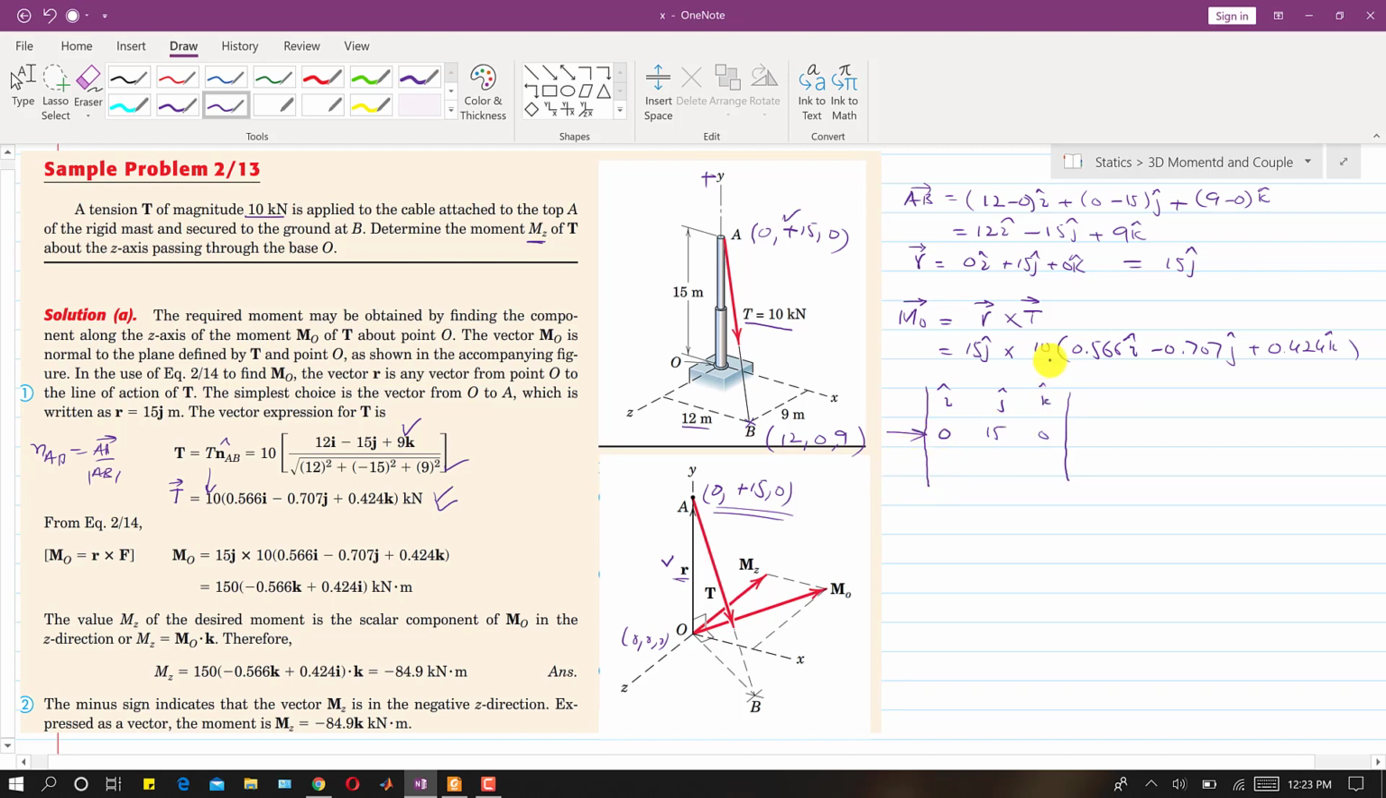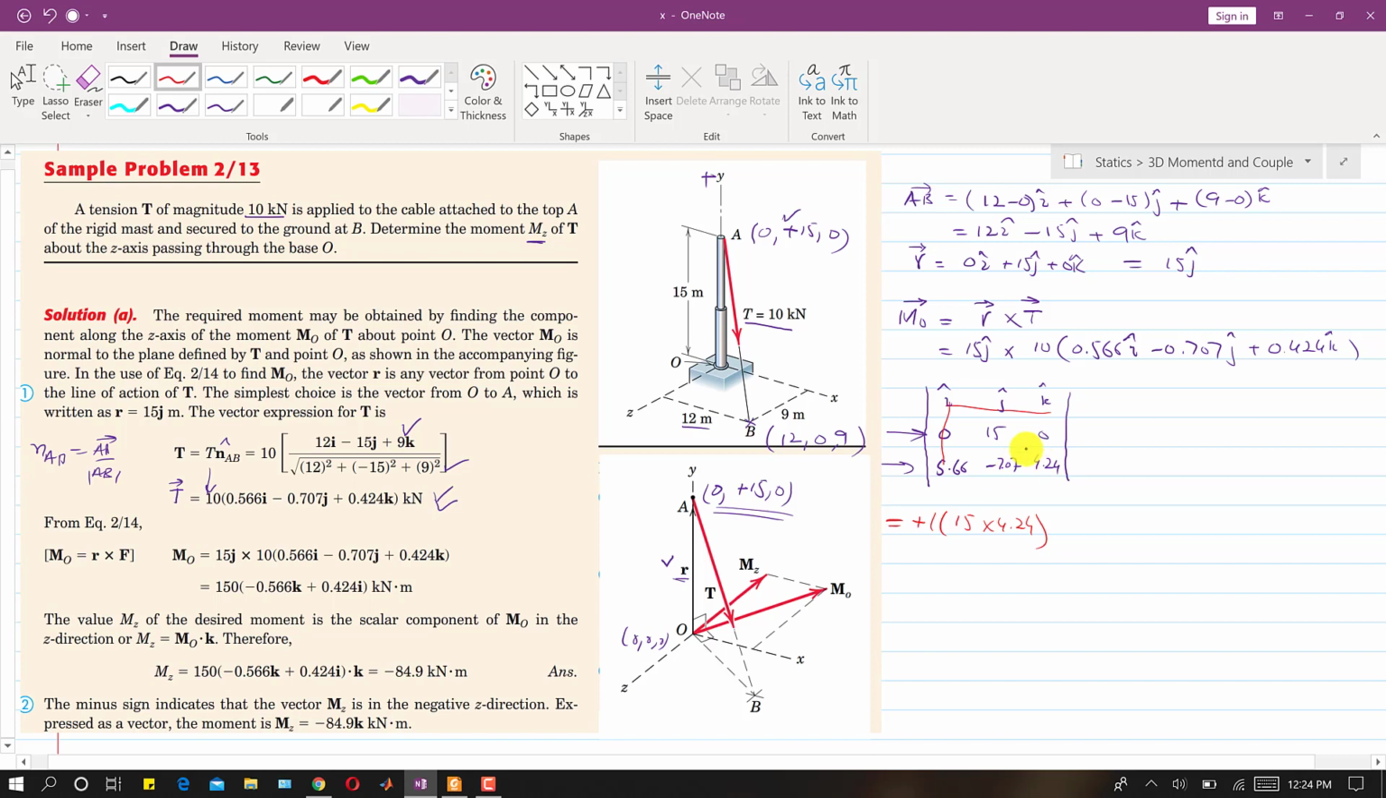And here we will write, if I multiply this, 10 into 0.566, so it will become 5.66, this will become minus 7.07, and this will become 4.24. So I will write 4.24, and this is the t vector, right? Now we will use this first row to find the determinant. I will hide this, so we will take the determinant of this. So this will be plus 1 multiplied by the determinant, so it will be 15 into 4.24, and this is